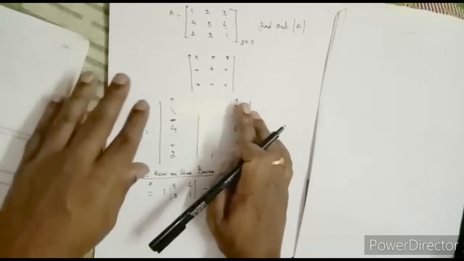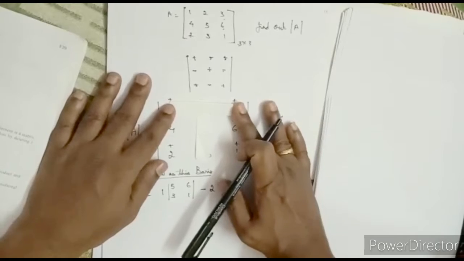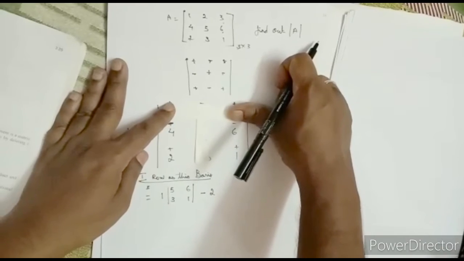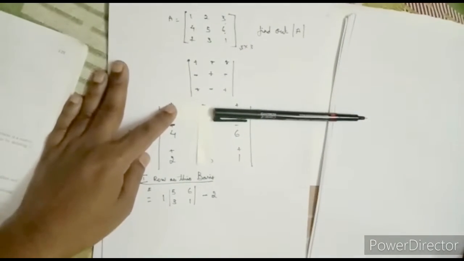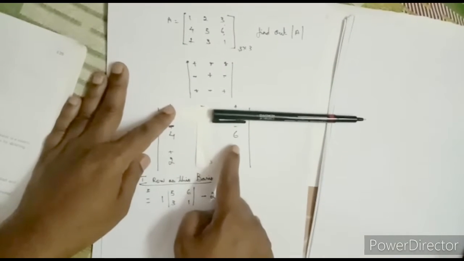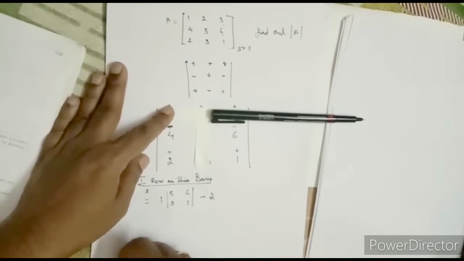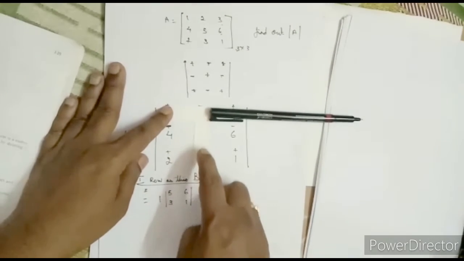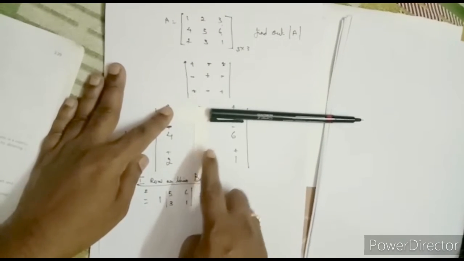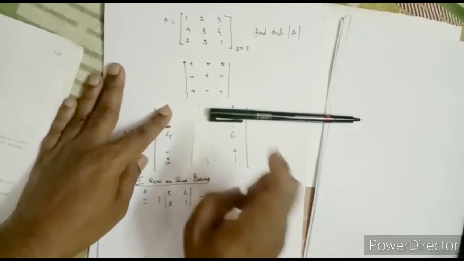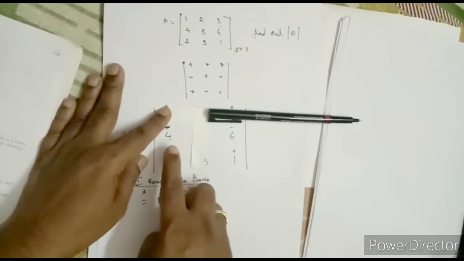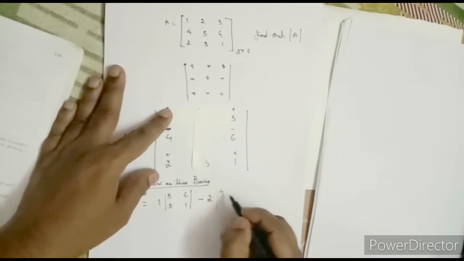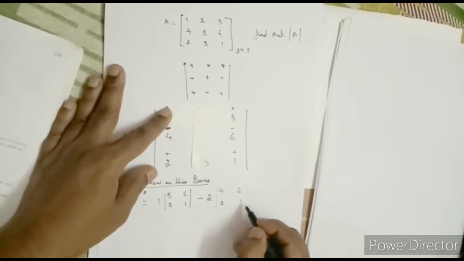That is the row in which the second element is located. I am closing this. Now the leftover elements are 4, 6, 2 and 4. See, I have taken the second element, 2. After taking that, I have closed that particular column, the respective column as well as the respective row. So the balance leftover elements are 4, 6, 2 and 1. Let me write down those elements: 4, 6, 2 and 1.